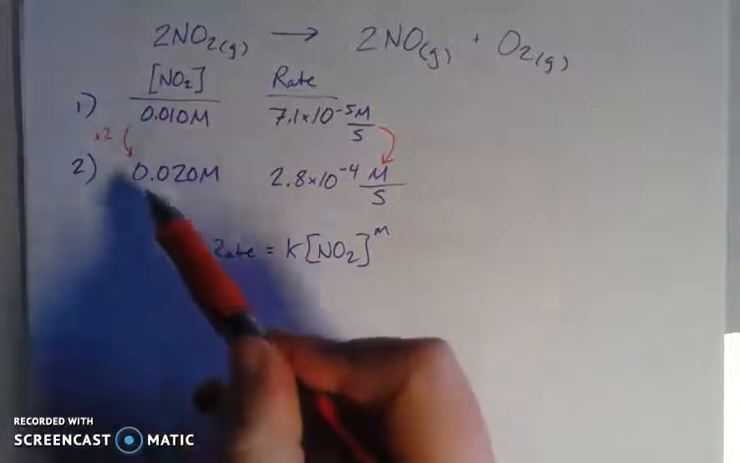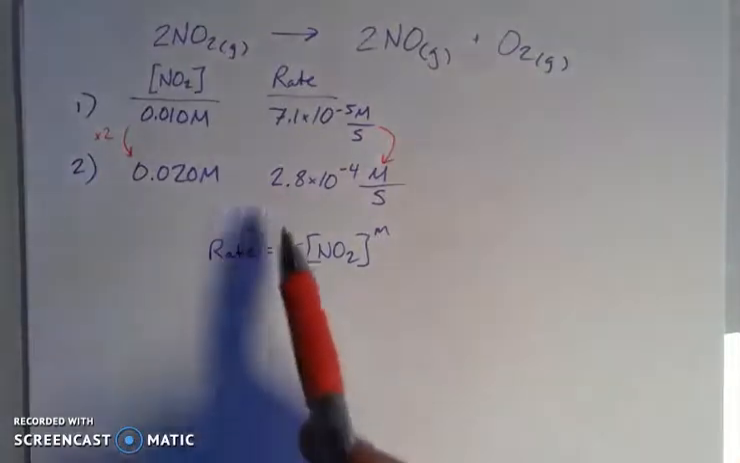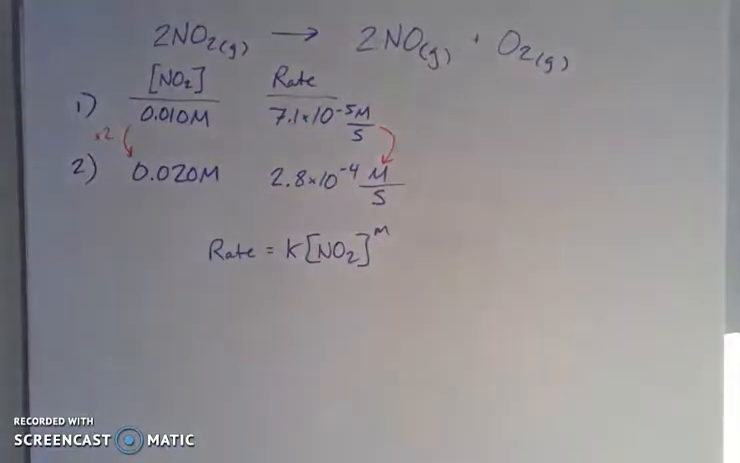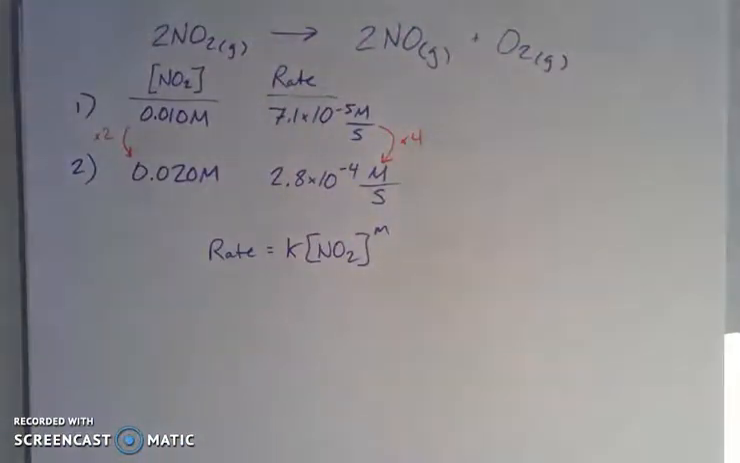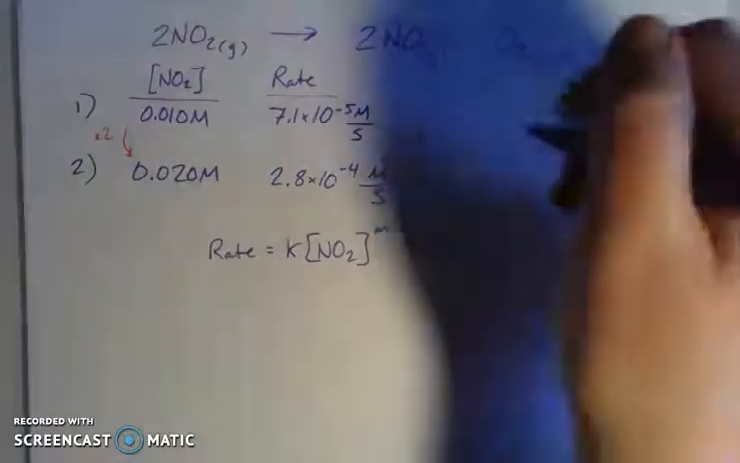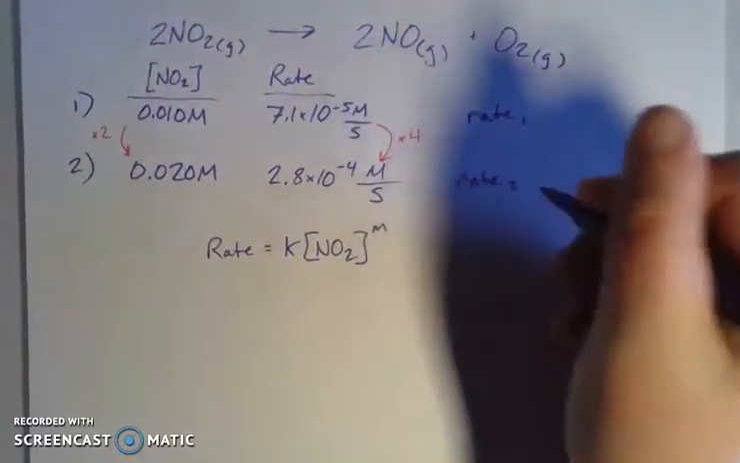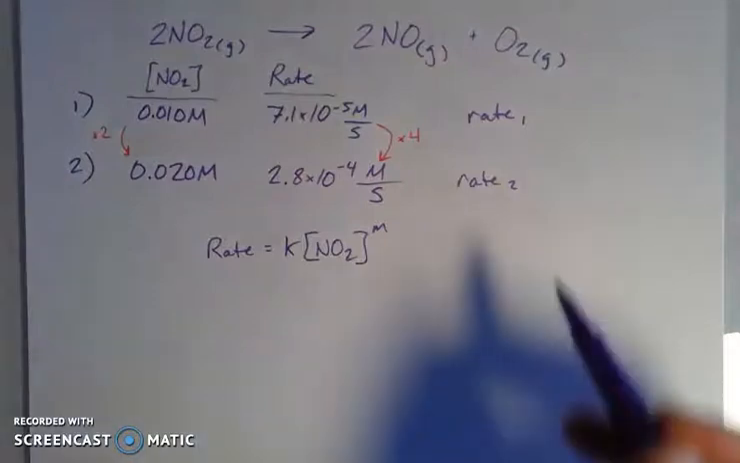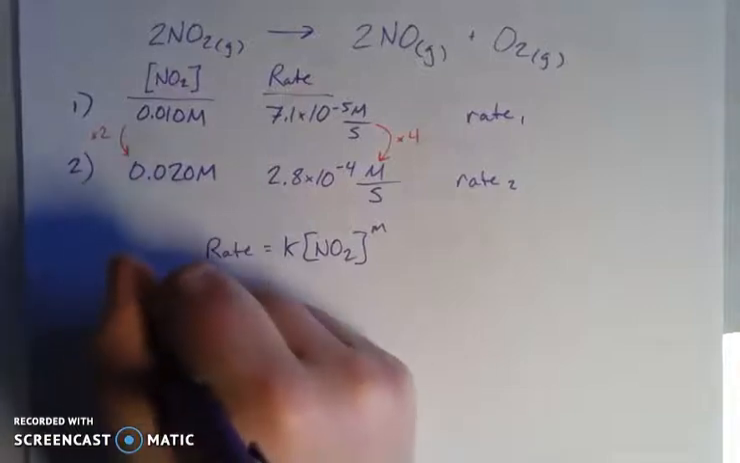So when I double this, what happens to this guy? Hopefully you can see, or if you can't, you can plug it into a calculator, this one is 4 times larger than this one. So when I doubled this, this went up by a factor of 4. Okay? So if we think about this in terms of ratios, here's rate 1, and here's rate 2. I doubled this, and this one went up by 4, so I'm going to take the ratio of rate 2 to rate 1,